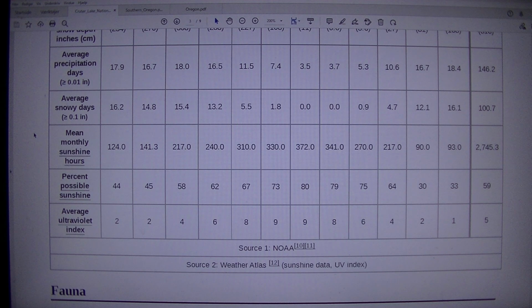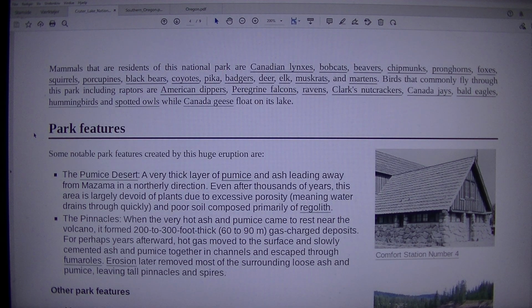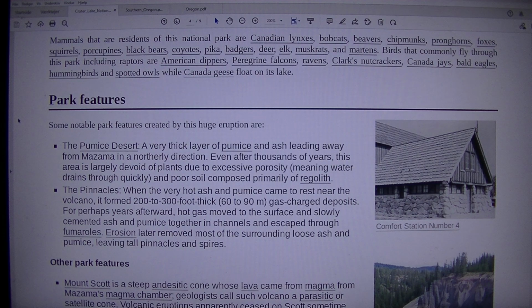Source 1, NOAA. Source 2, Weather Atlas. Sunshine data, UV index. Fauna: mammals that are residents of this national park are Canadian lynxes, bobcats, beavers, chipmunks, pronghorns, foxes, squirrels, porcupines, black bears, coyotes, pika, badgers, deer,